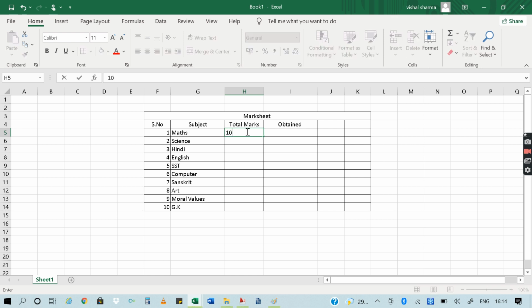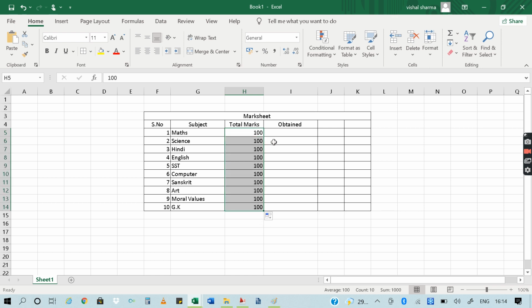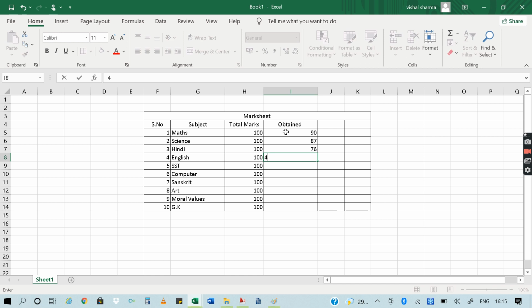Now suppose the total marks is 100. Because total marks for each and every subject is similar, you can copy it over here. Now obtained marks: out of 100, how many marks this particular student has obtained. For this just write any number up to 100, because the total number is 100.